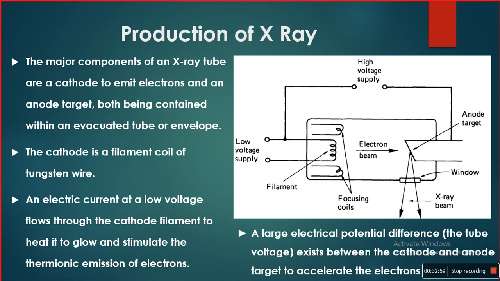If you consider the shape of the envelope, it may vary with tube voltage rating and the nature of the anode and cathode design. So according to the shape and size of the anode and cathode, the shape of the envelope tube can be changed. In the previous diagram it is elliptical. So if you consider here, one window is provided at the anode end. That window is made up of a low atomic number element to minimize X-ray absorption.